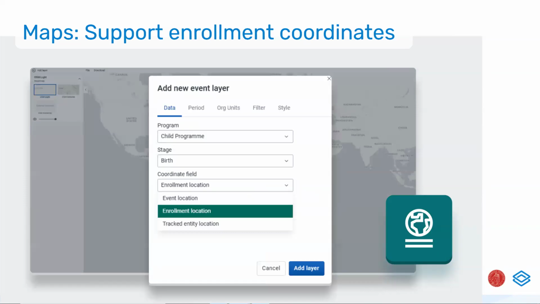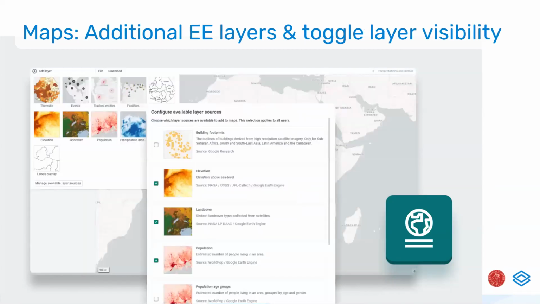We also have added support for enrollment location. It's currently in the event layer. So basically, you map the events and the associated information when you, for example, click a point, but you utilize the coordinate that was captured during enrollment. And the last one is the maps,